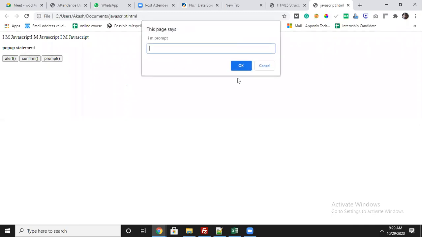In the prompt, it pops up the same message along with OK and cancel and one more input box. Anywhere you want, you can use this input box again for your input purpose.